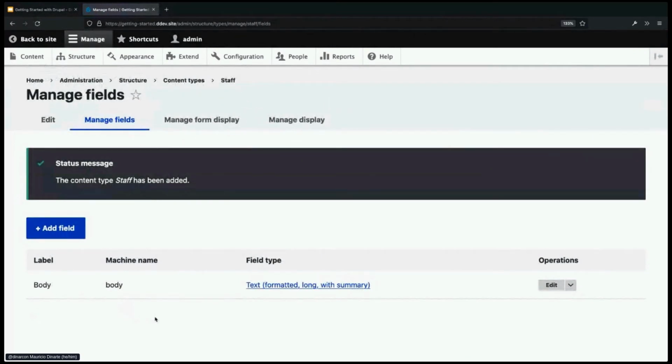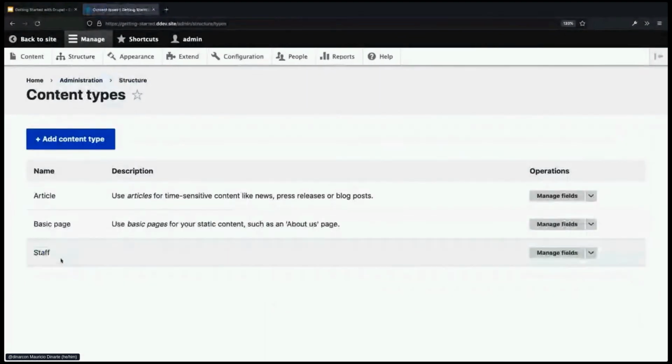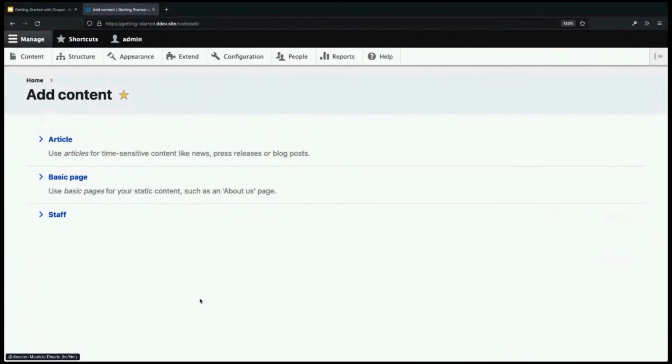And let's see what we got. Doesn't look like much. If I go to structure, content types, I can see that I have article, basic page, and staff. Okay, interesting. I'm going to click on content because that is where I actually create the nodes, and I'm going to create add content. By going through the process that I just went through, now I see my option to create a new staff node,